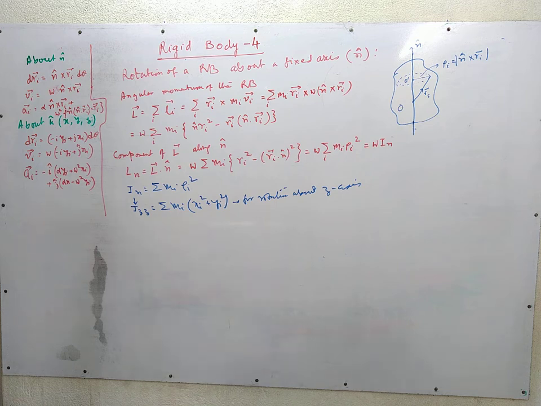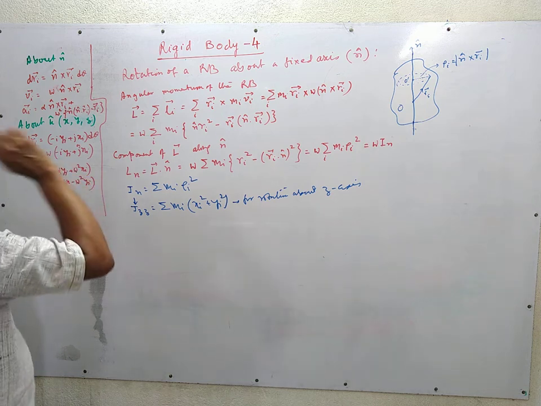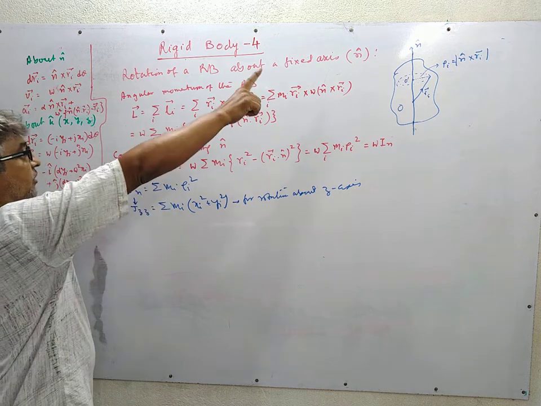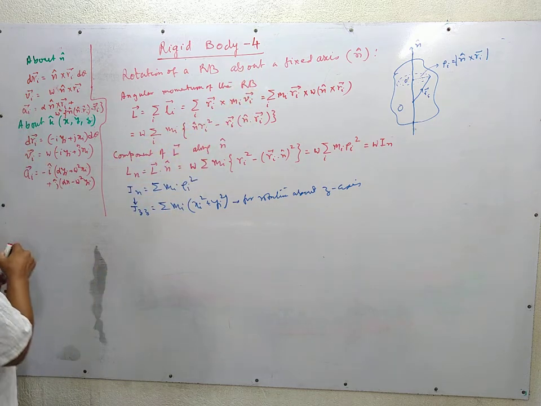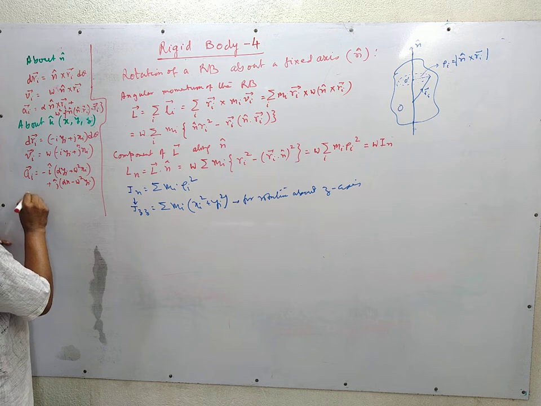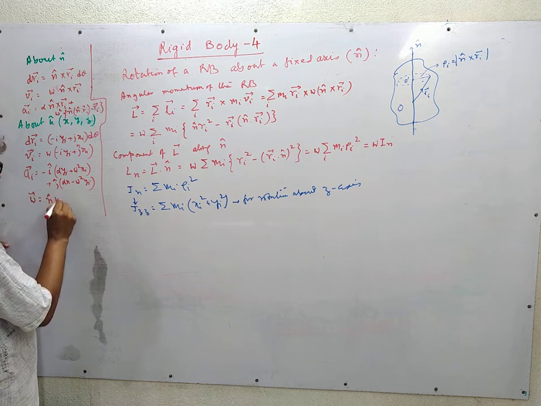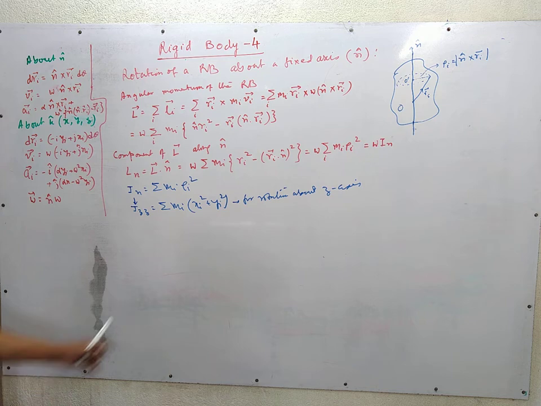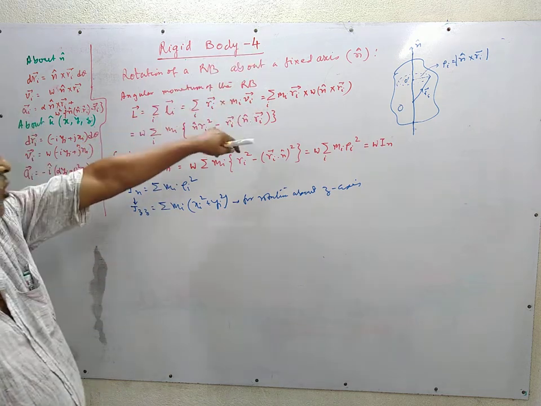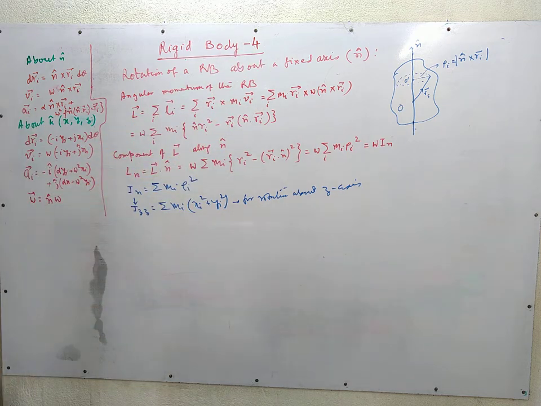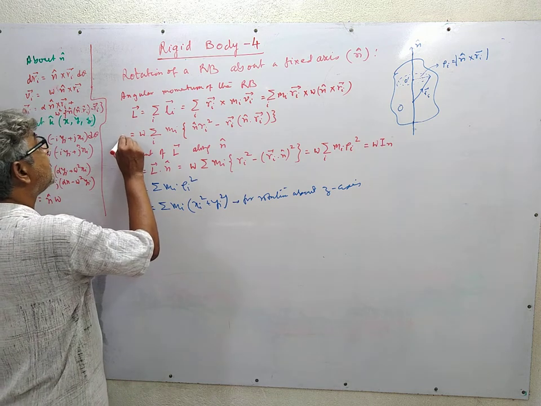In general, we see that L is not in the direction of omega. When a body executes circular motion, the direction of omega is along the direction of n cap, that is, omega is in general written as n cap omega, that we have discussed in the earlier class. We see that L is not in the direction of n cap entirely, it has other components. So in general we can write